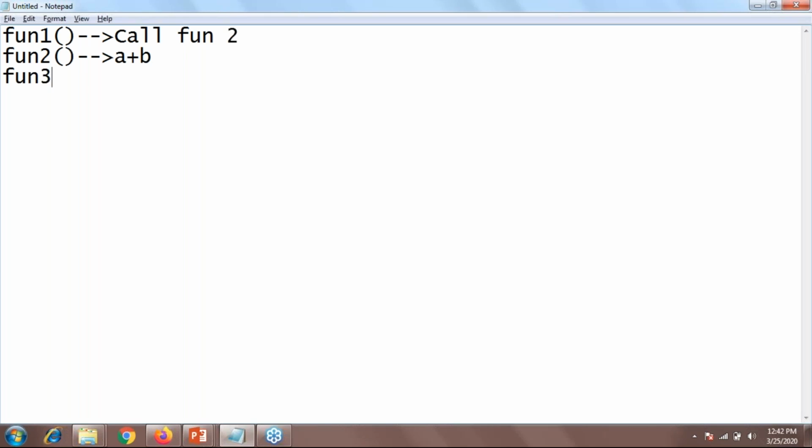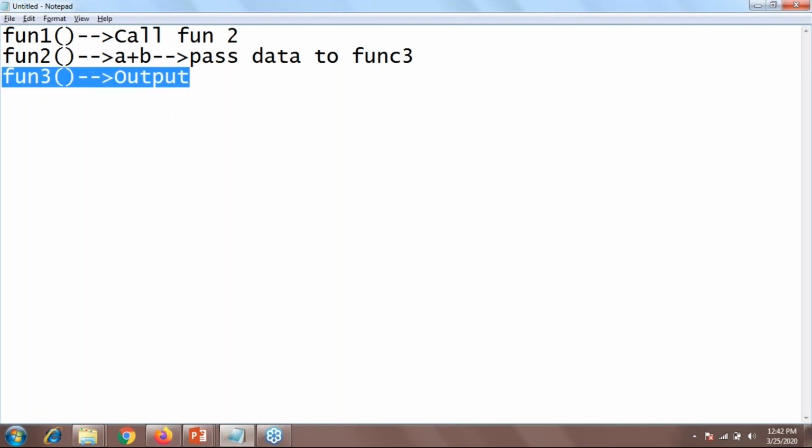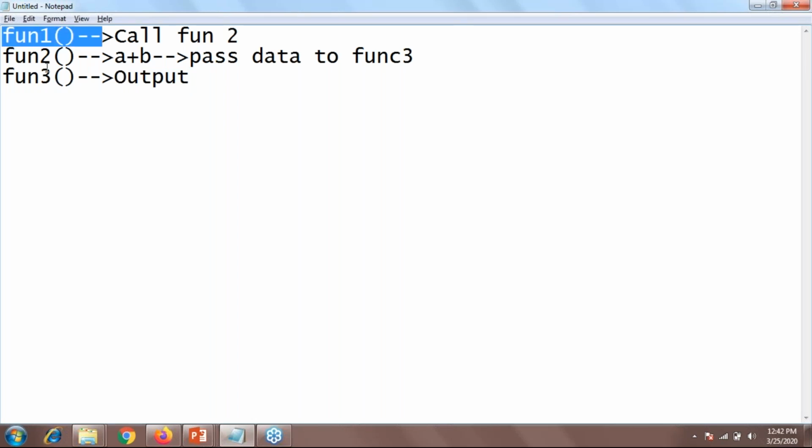Then it will pass the data to function 3, and function 3 will produce the output. So in that case, what is the actual process? The output is going to be generated only by function 3, so our out[S] is the function 3 output. Now, between the initial function 1 and function 3, how many processes are going to be killed?